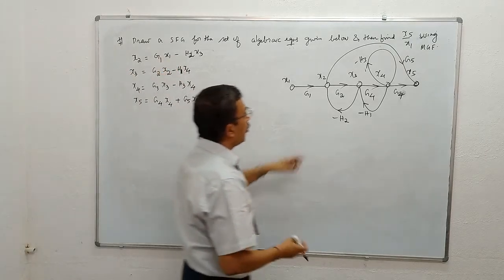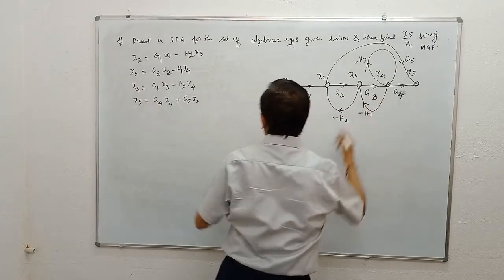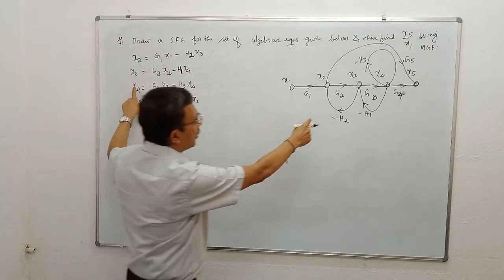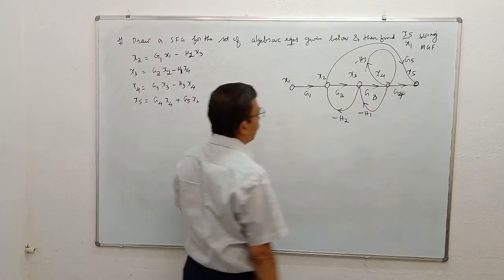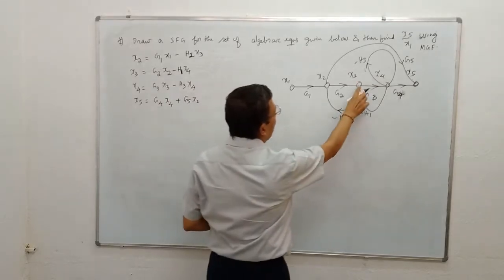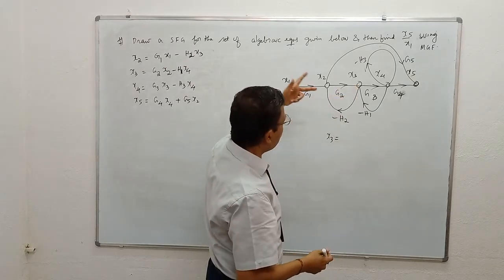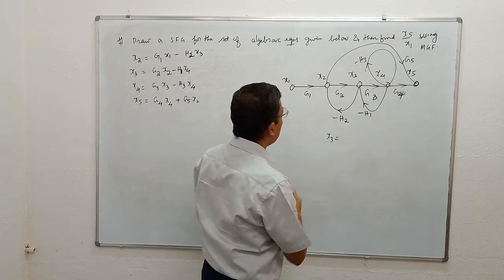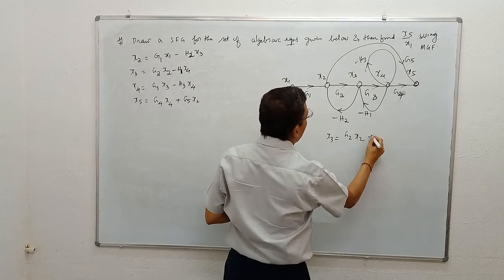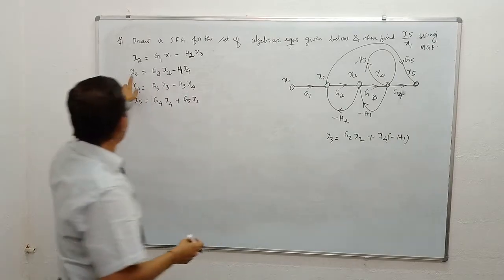Now if somebody says, what is the equation at node x3? See, x3 into g3 should enter x4. I have made a small mistake, I have corrected. x3 into g3 is equal to x4. Now you see, from the signal flow graph, what is the equation at node x3? At node x3, you should take only signals that are entering the node, which are g2 into x2 plus x4 into minus h1. That is nothing but this equation.